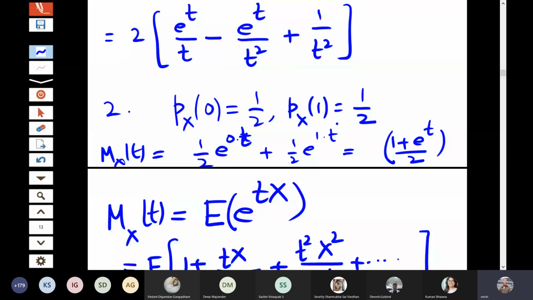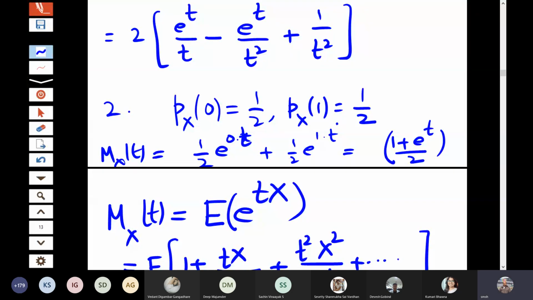The advantage of the moment generating function is that not only the mean but moments of any order can be easily calculated because you have to only differentiate the function that many number of times. For example, in this case, 1 plus e to the power t by 2, it is extremely simple to differentiate because you have only an exponential function. The first term will vanish in the first derivative itself, and thereafter you get only e to the power t by 2. So you can easily obtain the moments of all orders here. And of course, you know this is a simple distribution where 0 into half plus 1 into half, and whatever powers of 0 and 1 you take, you will get the same value. So we are able to derive that thing.